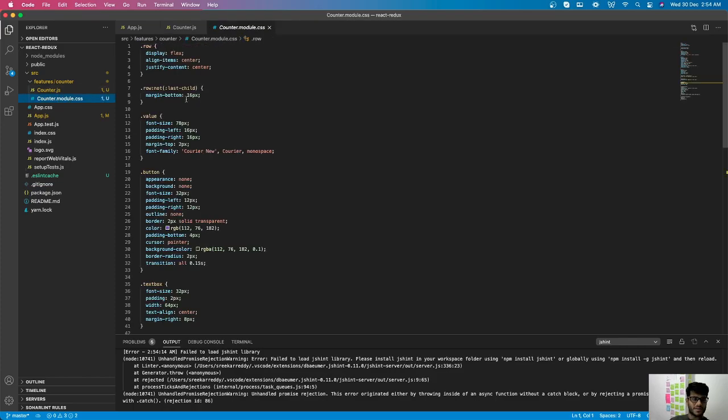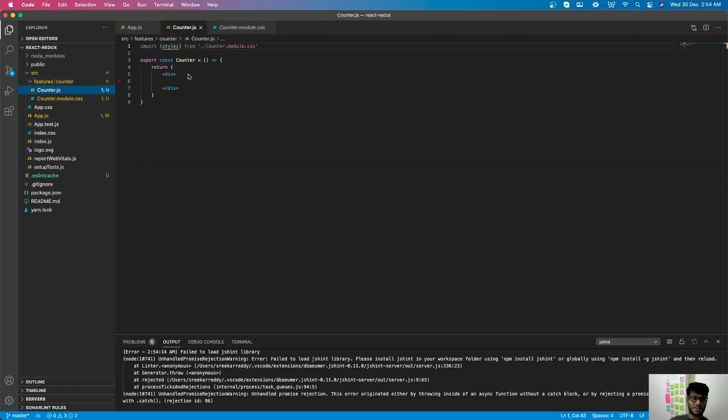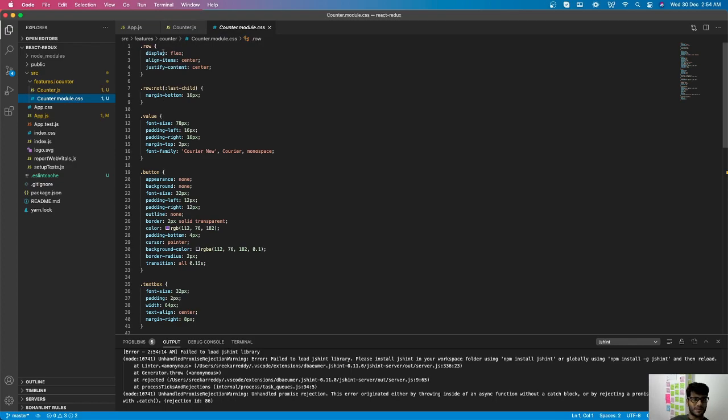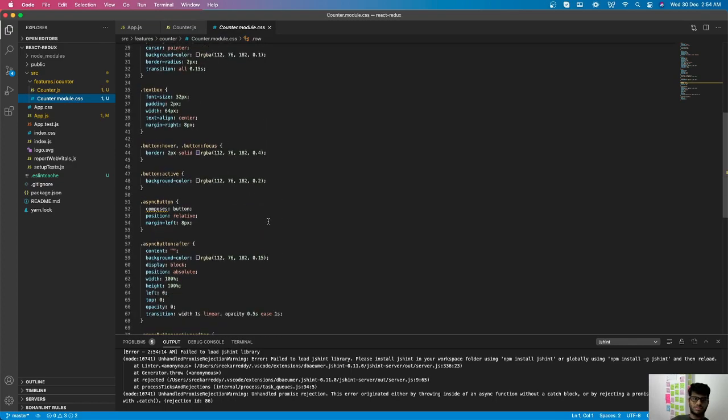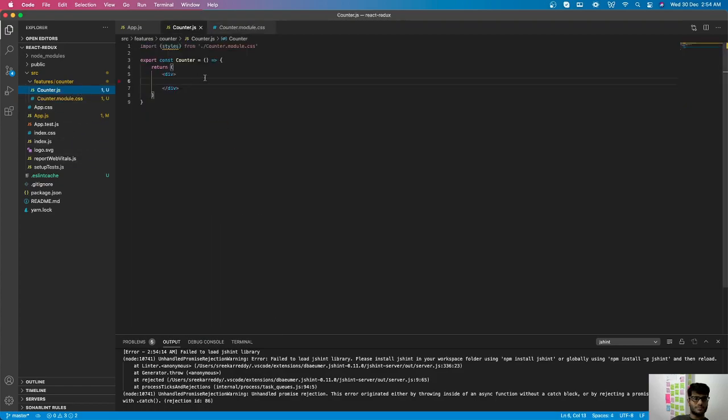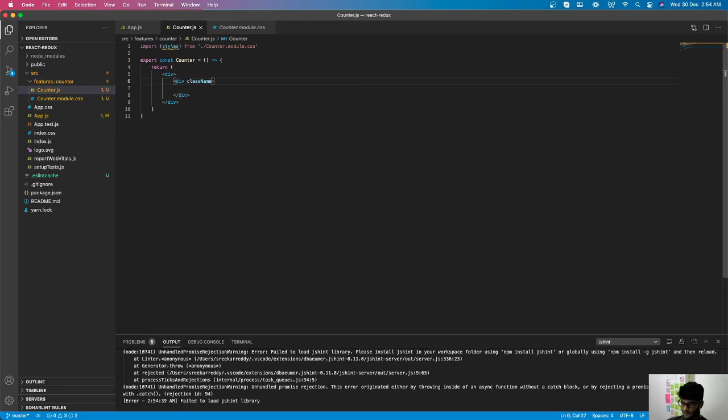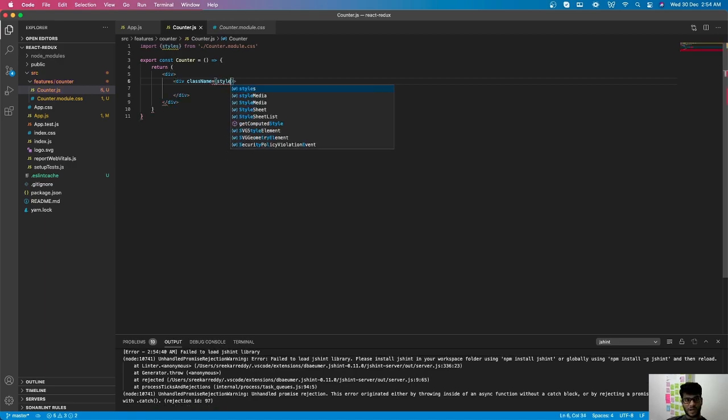And the styles are all here. Is this how I'm supposed to import it? I think so. What styles do we have here? .row. Okay. And we will open a new div, and we will give it a class name equal to styles dot row,